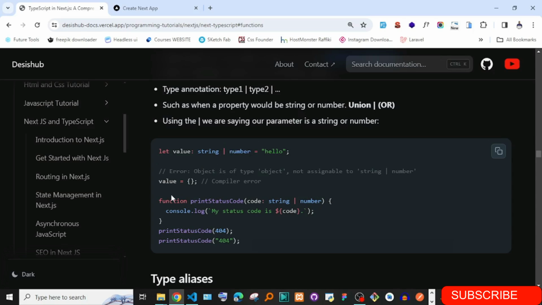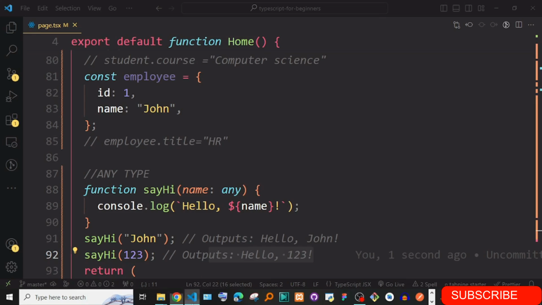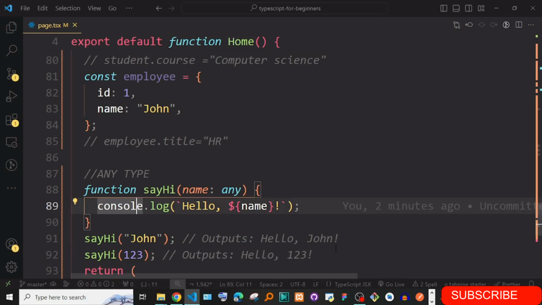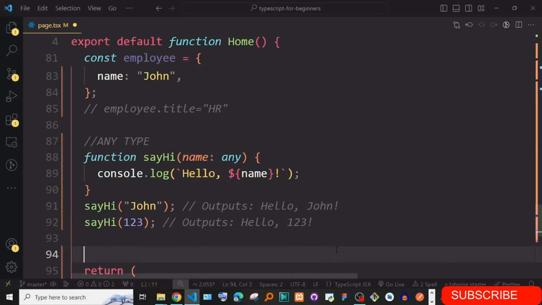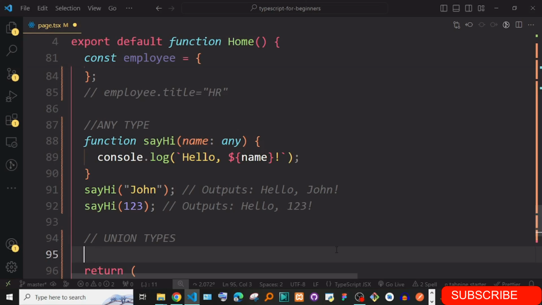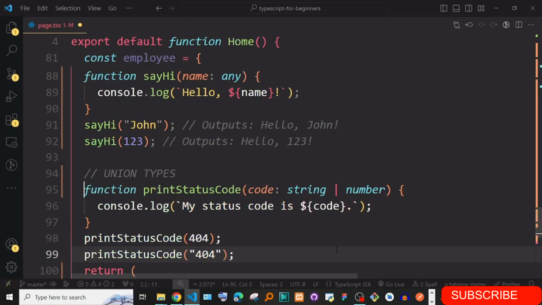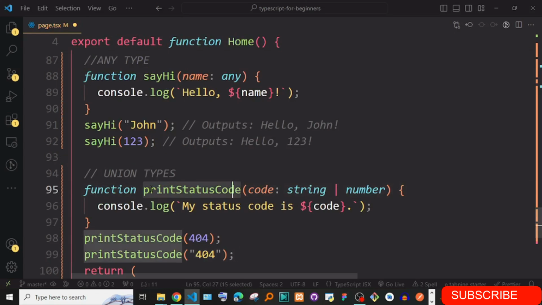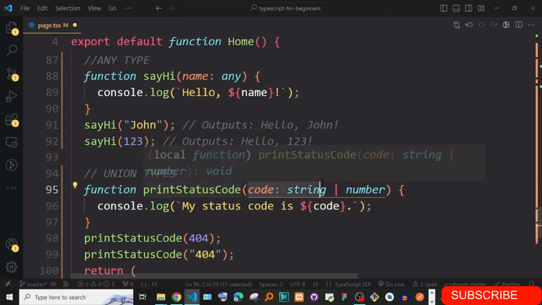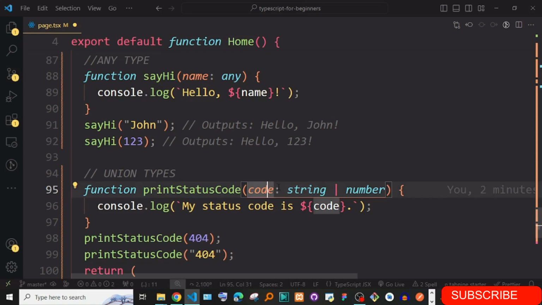Okay, and for instance, you can have this code, you can see here, I'm just going to copy this, and let me go down here and say union types. So we are now on union types. If you have something like this, you have a function and you're saying code, and you can define and give options.